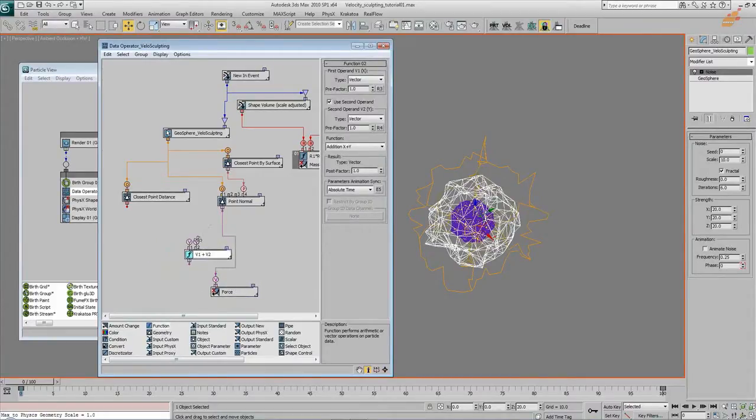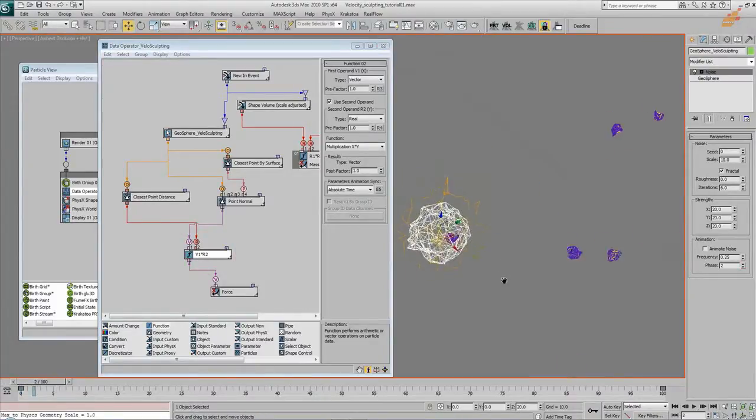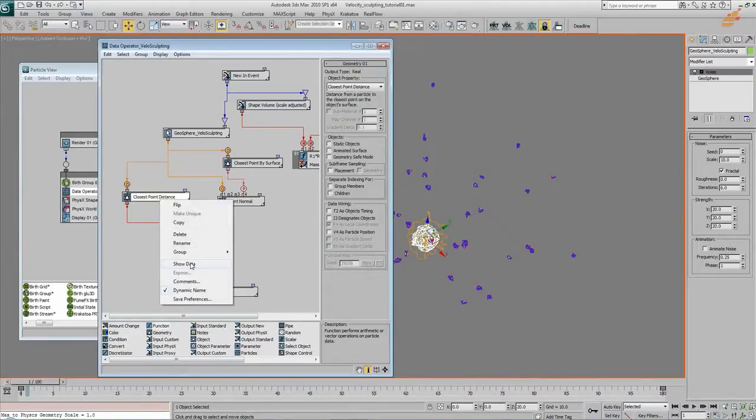And we drag that one in here, and our second input needs to be a real value, because this is a real value here. We pop that into second and this one into first and connect that in. Let's see what we get, and they're all gone because now it gets too much force. Right now we take this point normal force that we had and multiply that by the distance, which is in idea what we want to do, because then they get more force where the distance is higher, because obviously if it's further away,